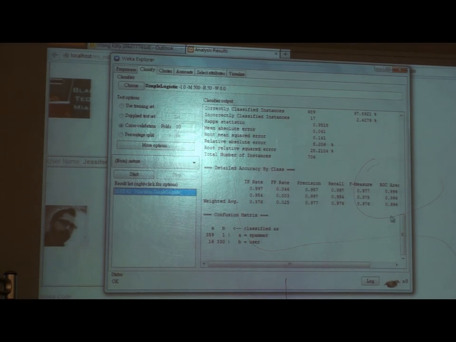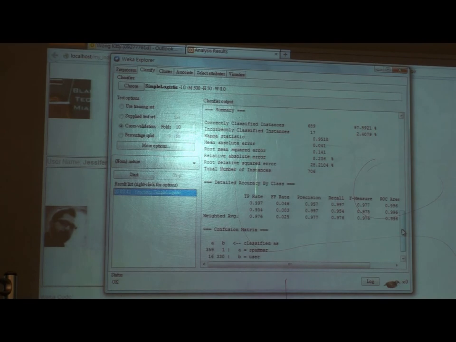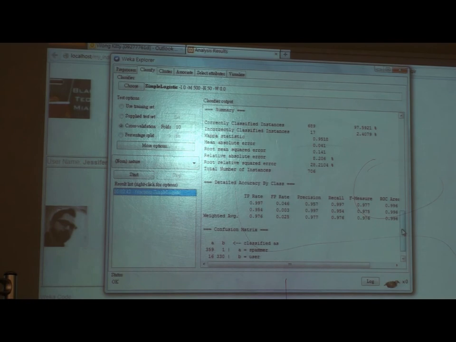You can see in the summary that the correctly classified instances actually take up 97.5921%. That is 689 accounts.